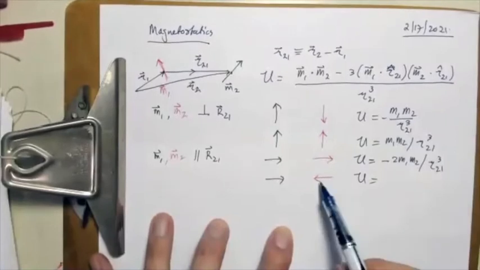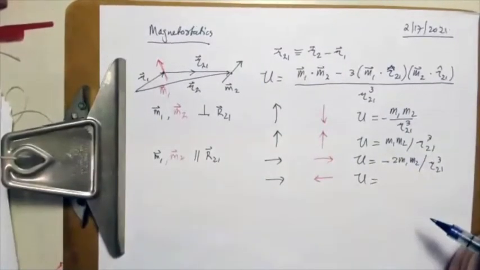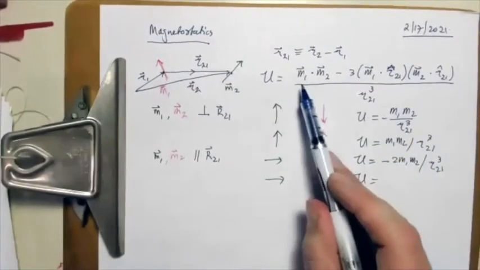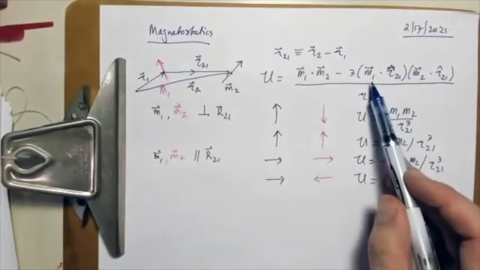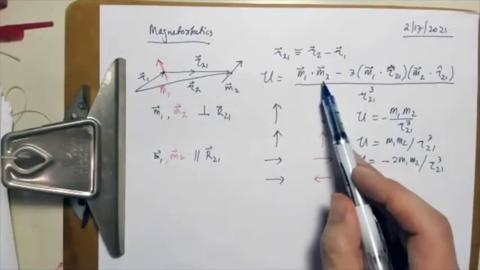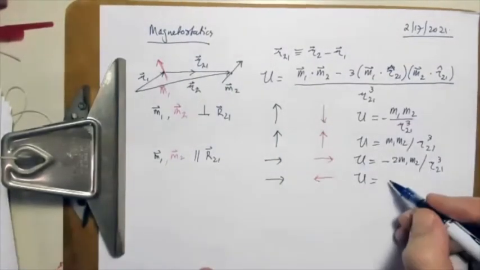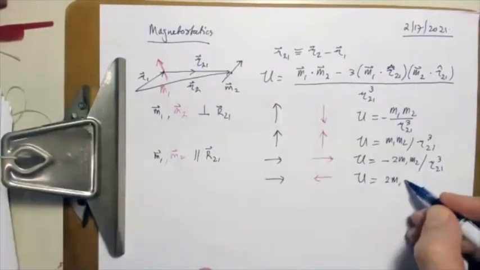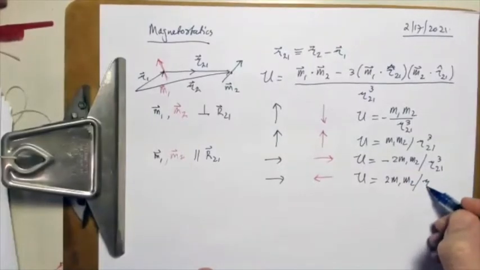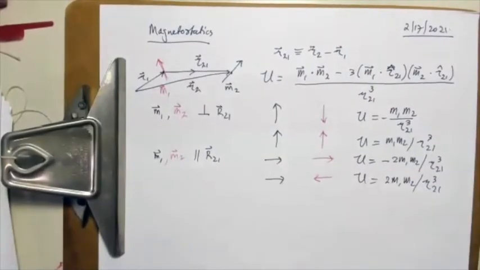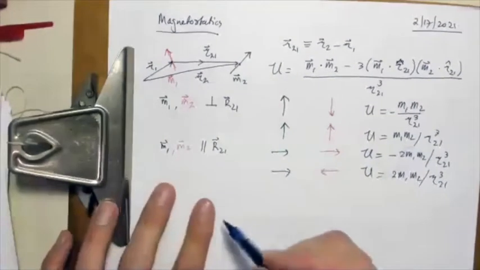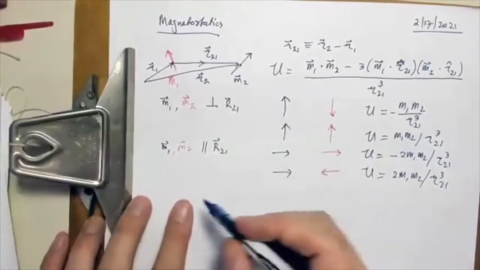And similar logic, we're flipping one of them. Then that means that we're changing the sign here and we're changing the sign here. If we change M1, we're changing the sign here and changing the sign there. So all of these terms are inverted, so the entire expression inverts. So M1, M2 over R21 cubed. Okay, now with these limiting cases in hand, we can start thinking about